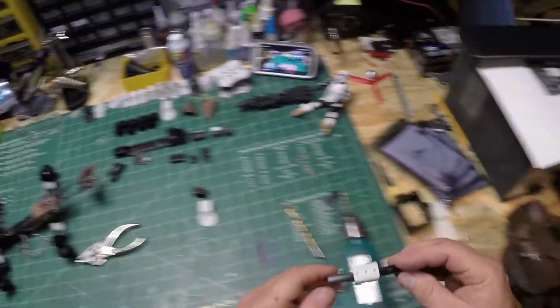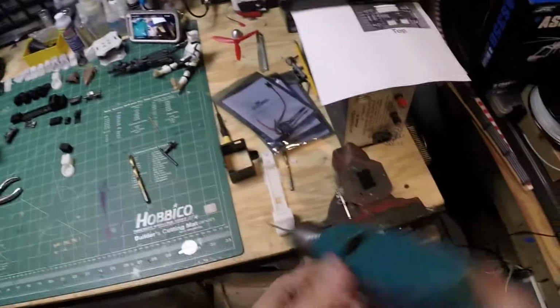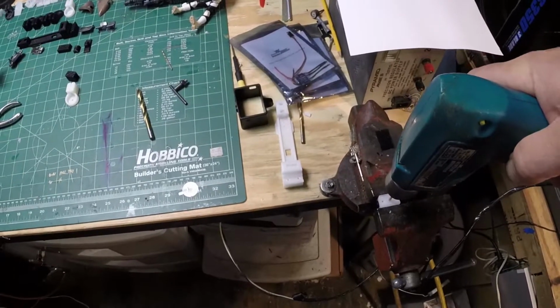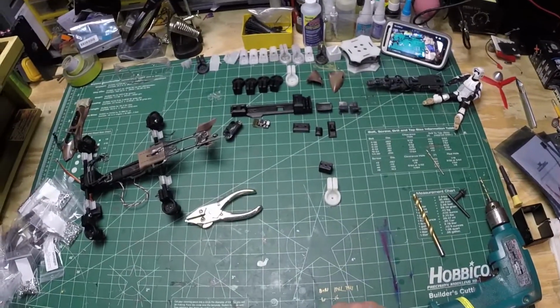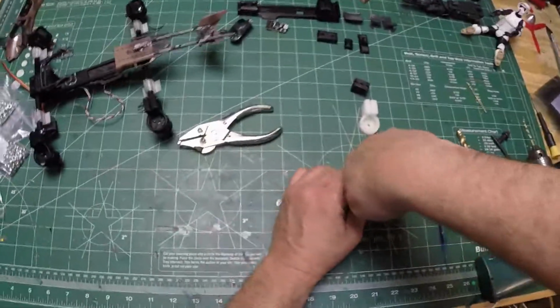Okay. So I'm just going to put one hole in this scrap piece here. And just simple as that. And then getting this off, I didn't lubricate this, so